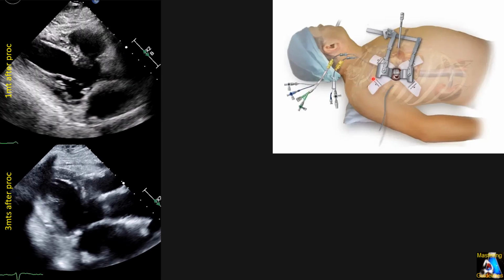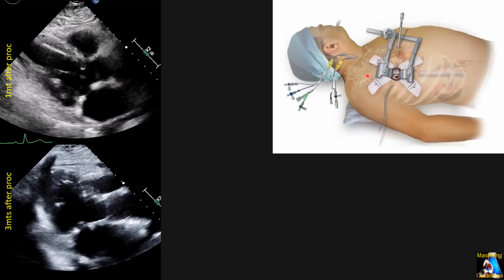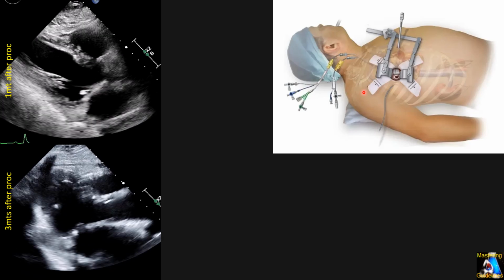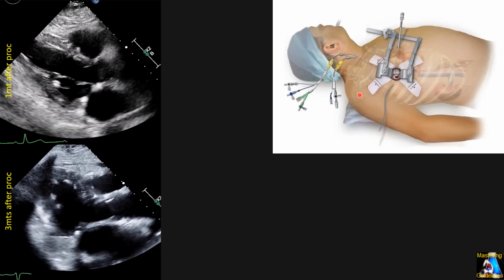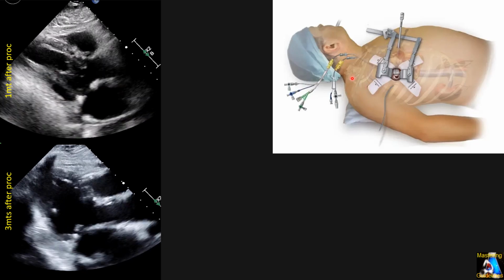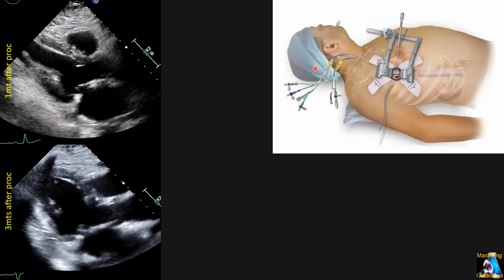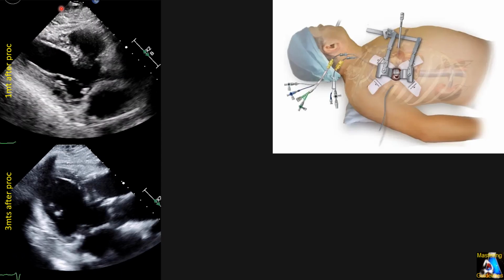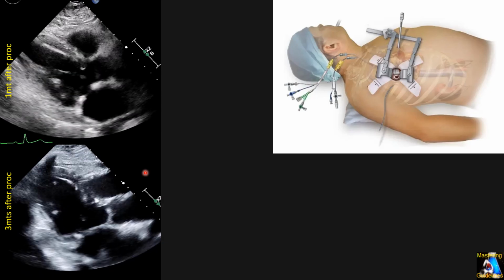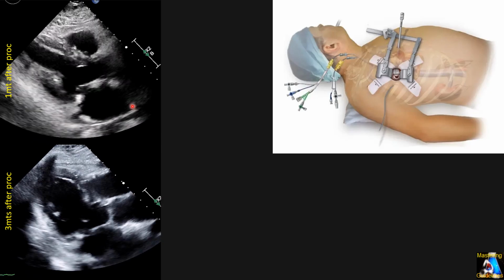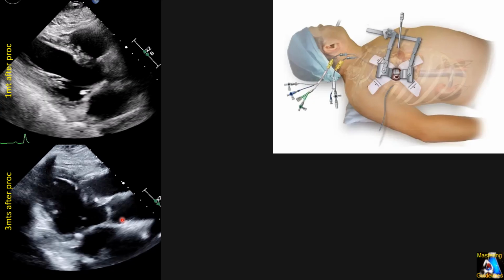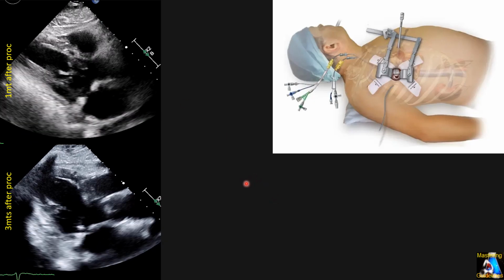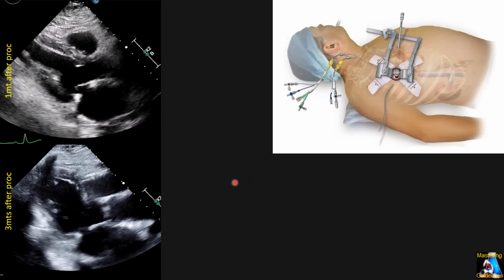Anyway, in that case, we have to be suspicious about any complication of the procedure on the heart, including hemopericardium and pericarditis. And in this case, as you can see, at 1 month after the procedure, if you pay attention to these two parts, you will see very specific differences between these two. As you can see, between the interjunction of the right ventricle and left ventricle,